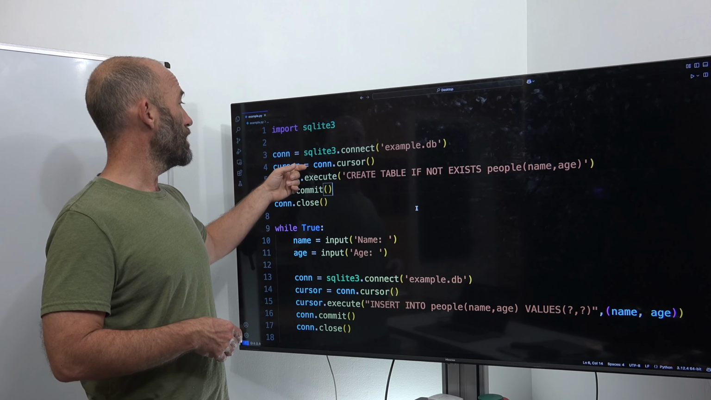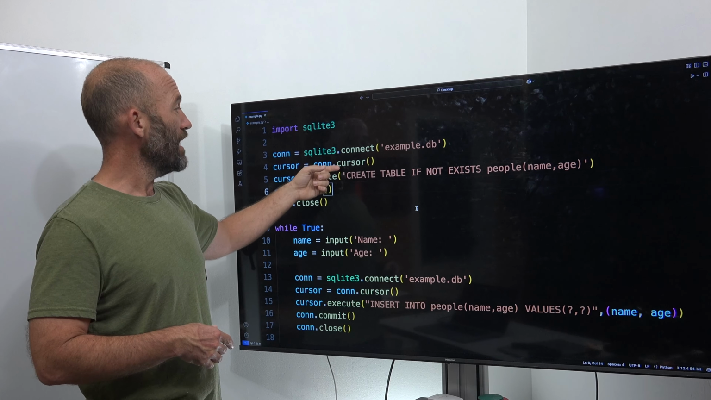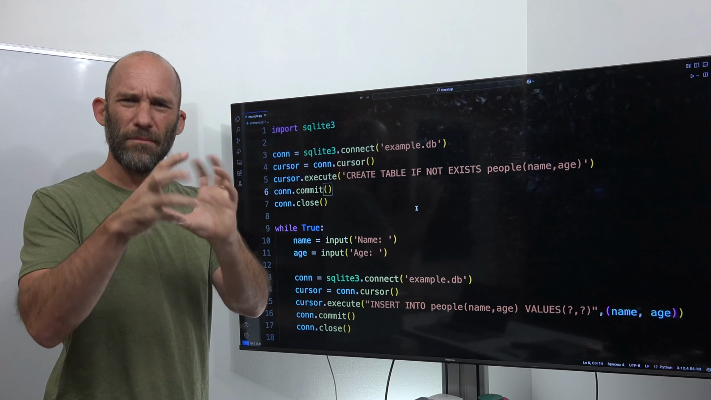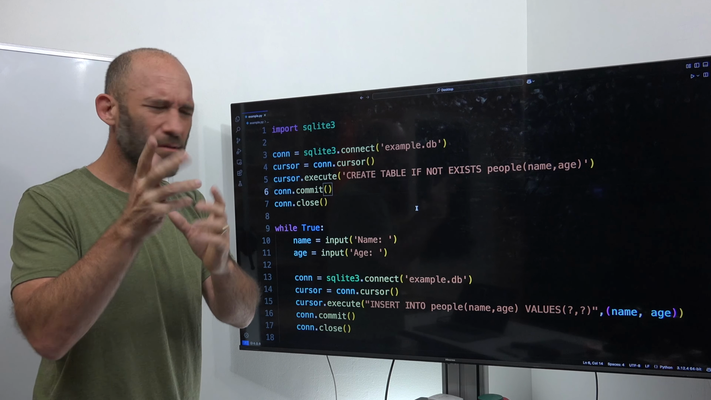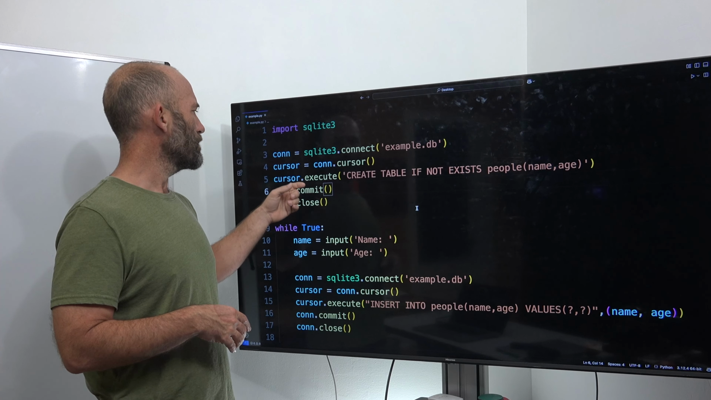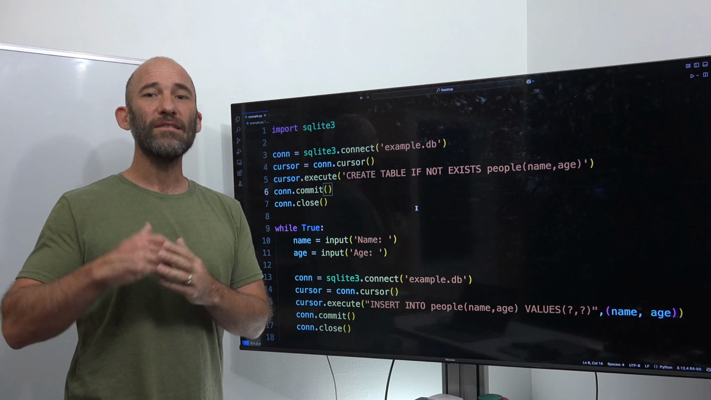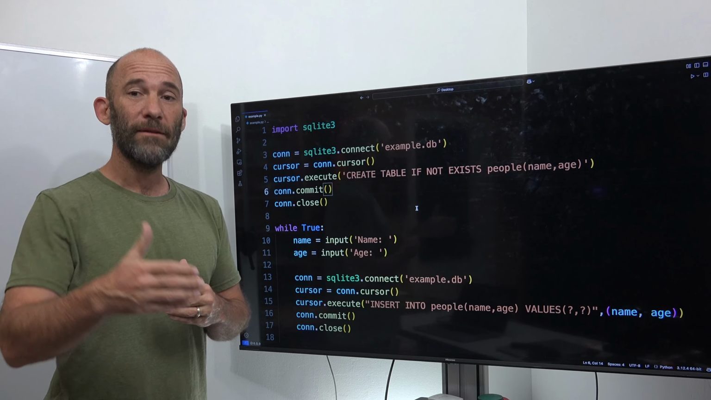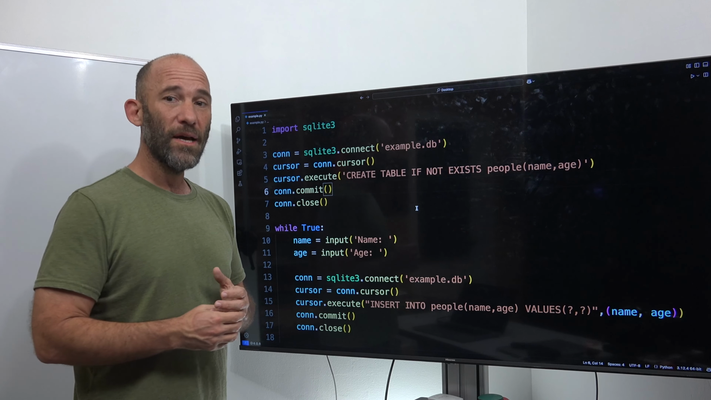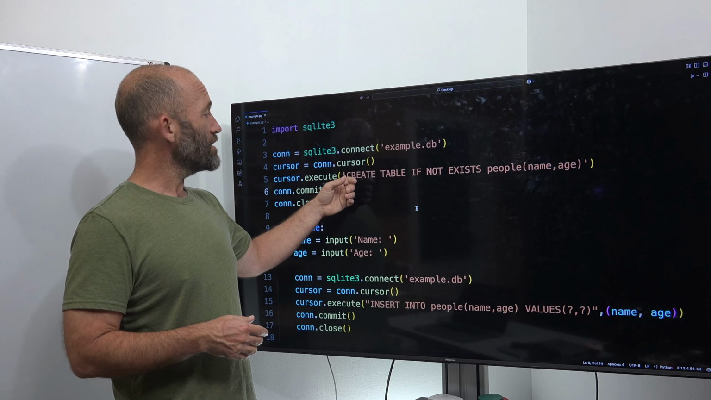Cursor equals conn, the connection that we created, dot cursor. This is basically how we're actually able to communicate with the database server. Again, we'll talk about that later. And then we can do cursor.execute. Basically this is going to be executing a SQL statement against the database server. One of the cool things I like about SQLite is we have this statement,